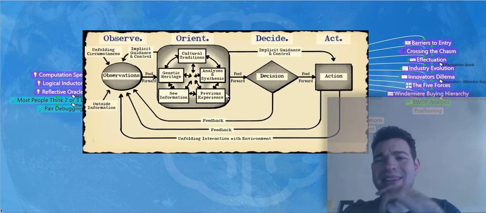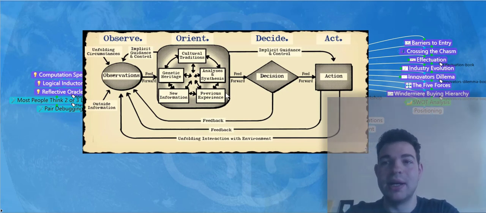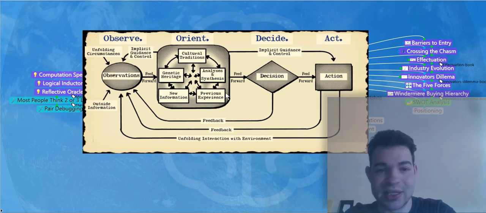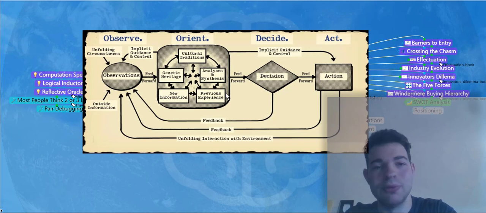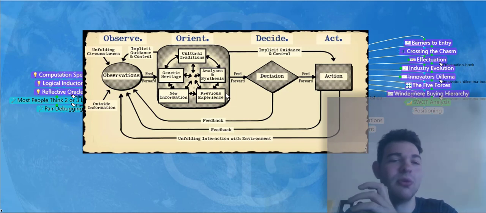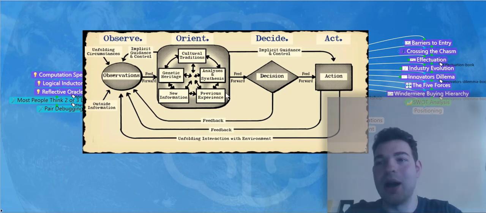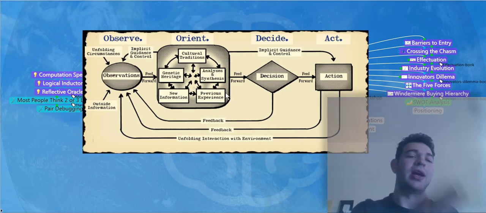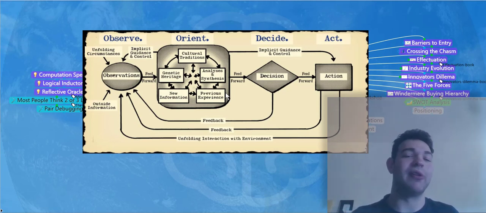So just using this as a framework for making decisions when you're making a big decision for a company or for an organization or for your life. I think just going through these and having the tools for orient, and having the tools for observation, having the tools for decision, and having the tools for action are powerful. And sort of going through, okay, I'm going to apply these tools and these tools and these tools. That's a good way to use the OODA loop, but it's not the most powerful way